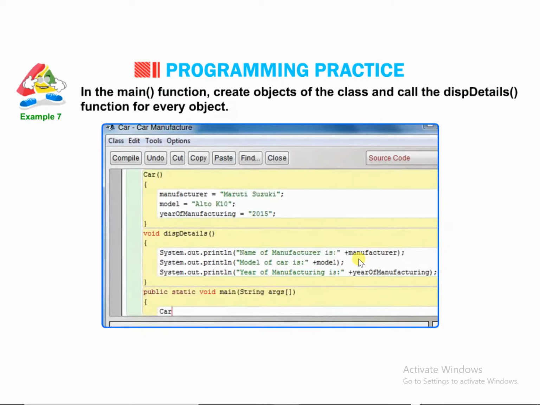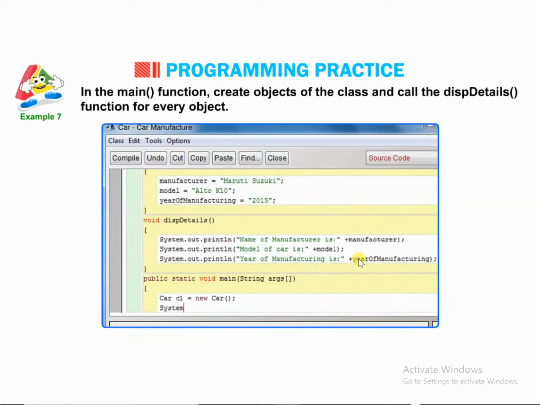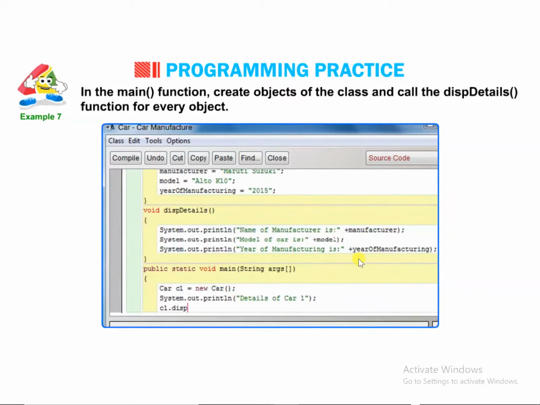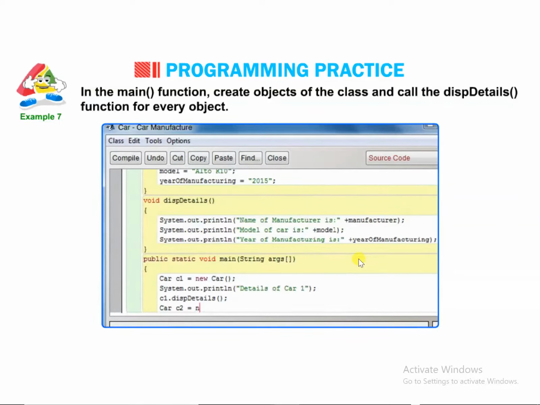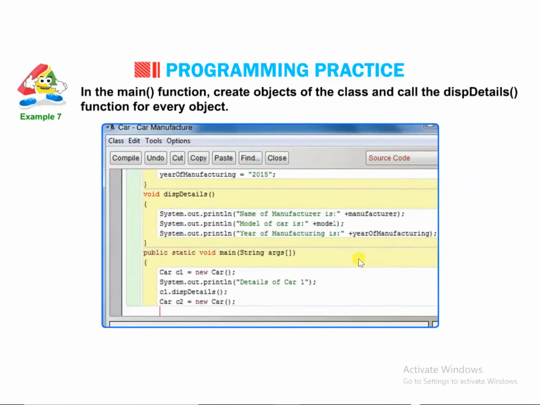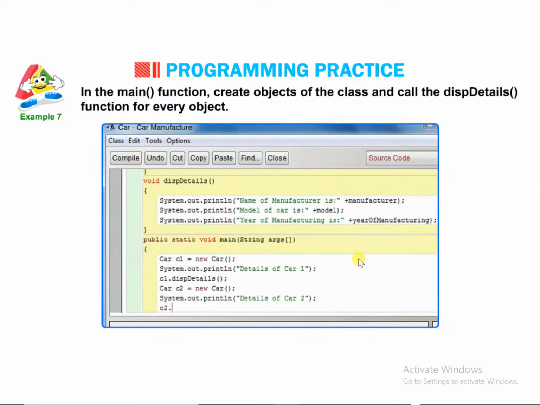Car C1 = new Car(); System.out.println("Details of car 1"); C1.displayDetails(); Car C2 = new Car(); System.out.println("Details of car 2"); C2.displayDetails();